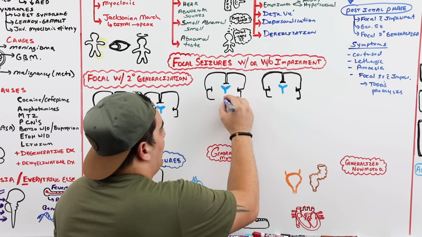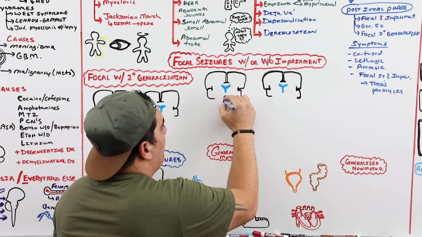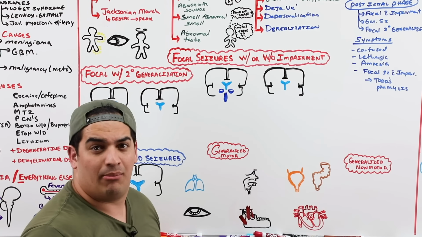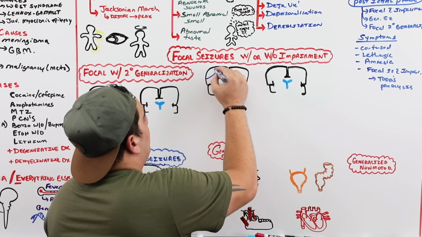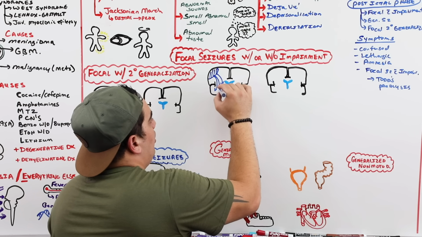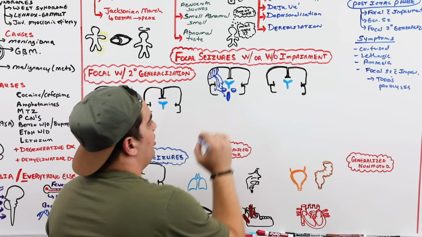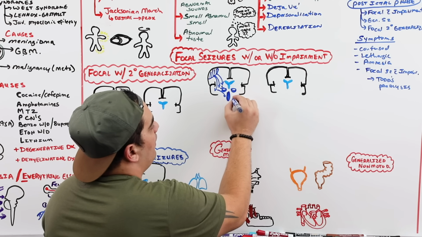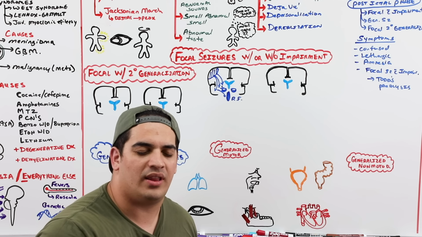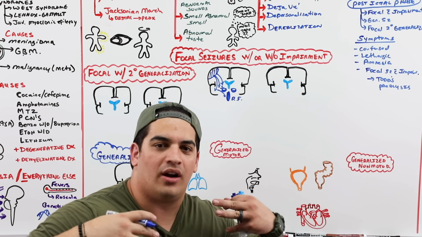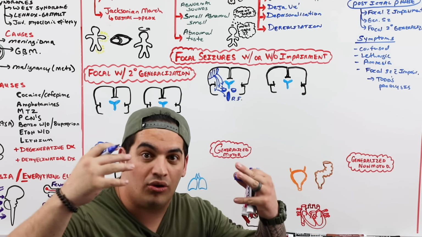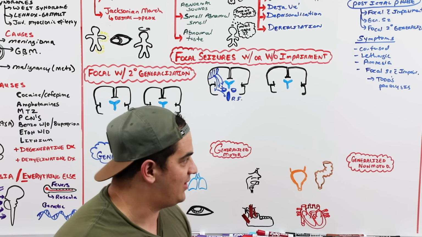Here, first, before we talk about that, it's important to remember your anatomy. So when we say with impairment, it may be meaning that these seizures are involving some particular areas of the brain and brainstem. So let's say that here you're having your focus of seizure activity. And that focus of seizure activity that's causing impairment is involving some particular structures here. Maybe it's involving the reticular formation, which is not the seat of consciousness, but more particularly helps with our arousal. It sifts through all sensory information and decides what we need to be alerted about or aroused about. So it's kind of our arousal system, if you will.